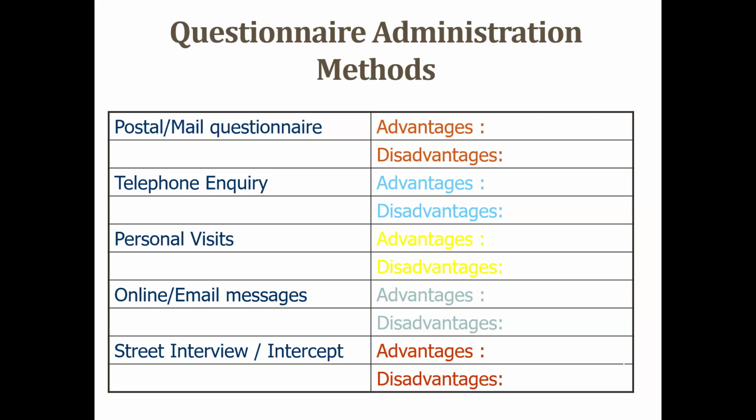Now, you need to look at this. You need to consider the kind of study and see whether telephone inquiry will be the most appropriate. If the questionnaire is not extensive